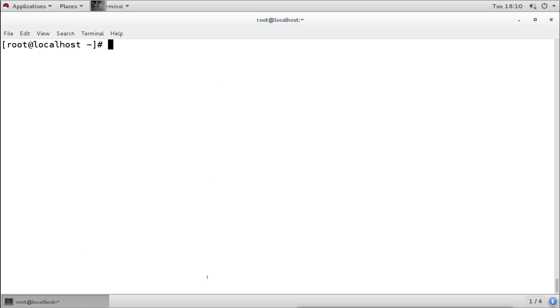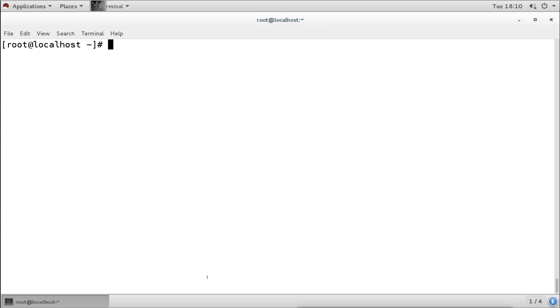Now I said by default no user can log in without a password in Linux. This is the default thing. That means nobody, no user can log in without a password. So if you create a user, you have to provide the password. You have to configure the password. Without a password, no user is able to log in.